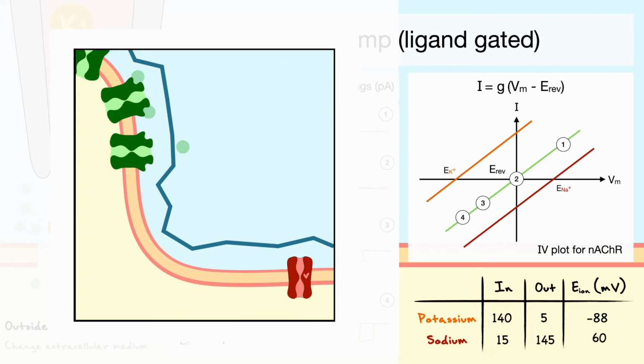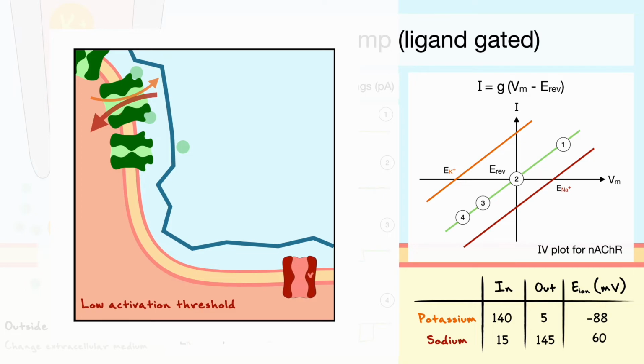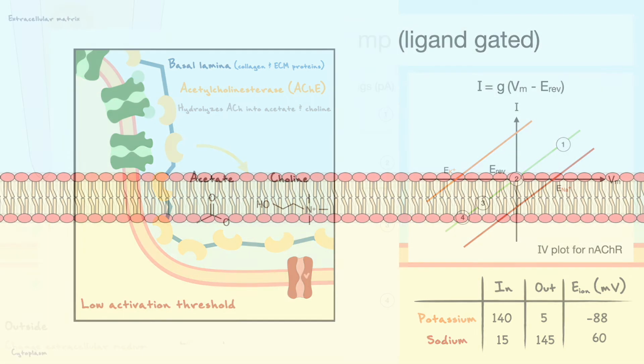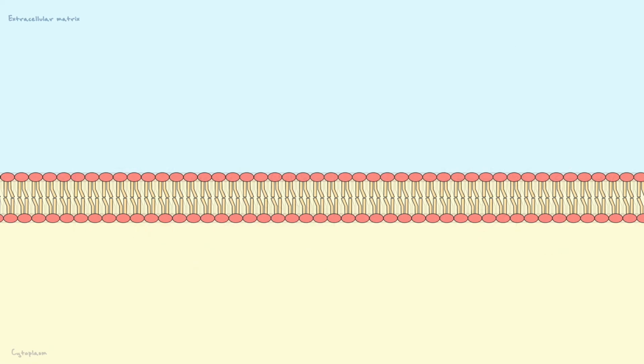Now, in physiological conditions, this potassium hyperpolarization does not occur, because the brief moment at first when sodium overtakes the net current makes it so that the muscle fiber is depolarized above threshold and an action potential is fired. Furthermore, the acetylcholinesterase enzyme rapidly degrades acetylcholine, which forces the channel to close and prevents the channel from reaching very high positive potentials. To add another layer of comprehension to our neuromuscular junction model, we can consider modeling it through